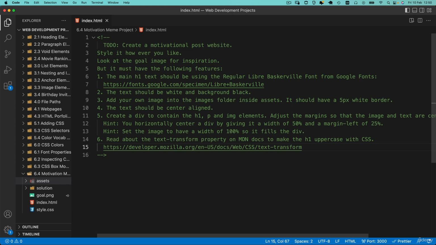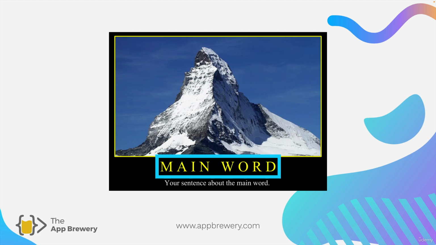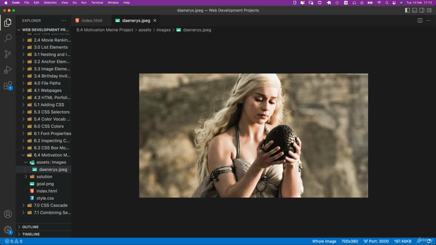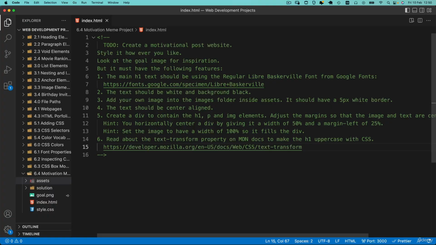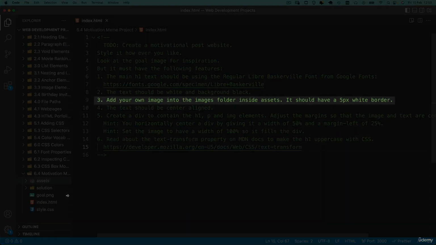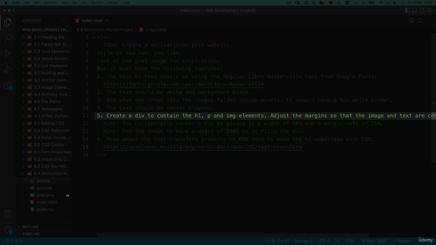We're going to use a custom font from Google called the Libre Baskerville, which looks somewhat similar to the motivational main title font. You should add your own image into the images folder under the assets folder. I've got an example image in here for you just in case you want to use it, but I recommend putting in your own images just for practice. And that image should have a 5-pixel white border. And the text should be center aligned, and you should adjust the margin so that the image and text are